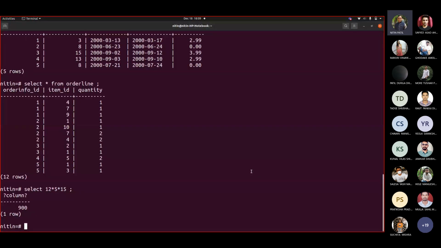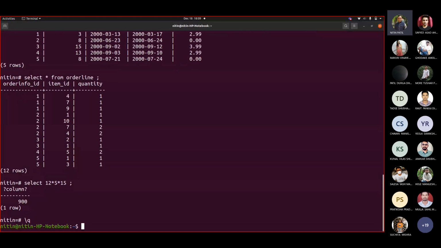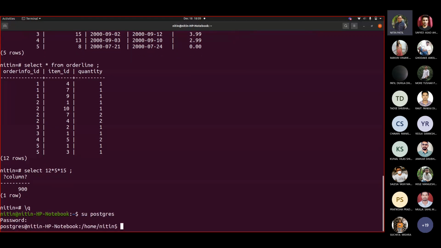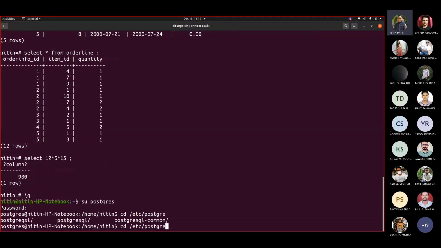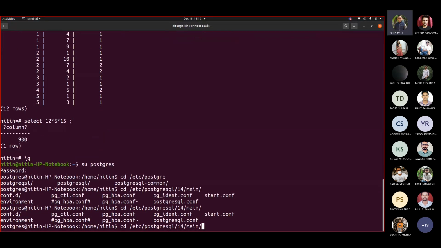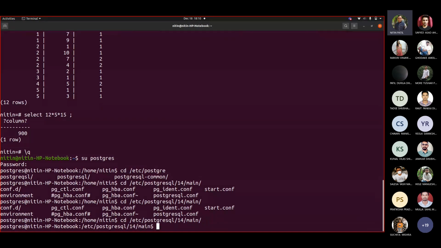Fine. Now, as I was showing you, there is this set enable, and I said by default they are all on. Where can I see that? So write postgres, then cd /etc/postgresql/14/main. Okay, then less postgresql.conf.